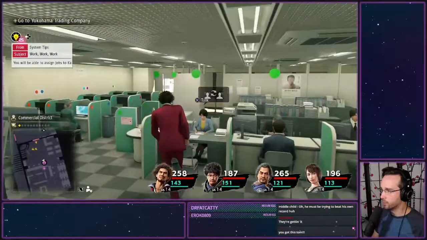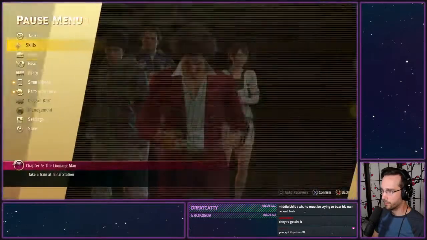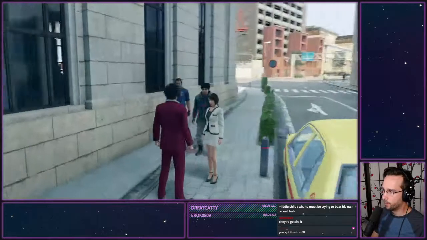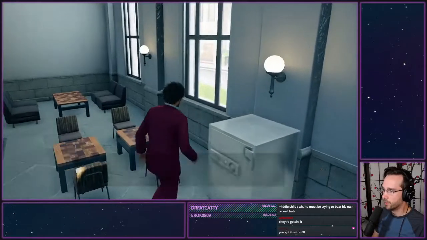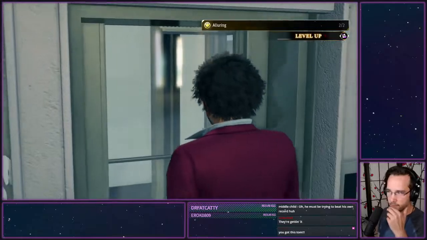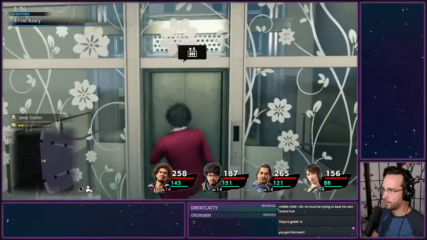We still head to Hello Work. Still trying to change Psycho over to the hostess. Still head down to Part-Time Hero, where we enter into the building, head to this silver safe, grabbing the cotton pouch. Then we go up the elevator, still pretty much exactly the same as what we previously did. Start the cat quest, head into the elevator,